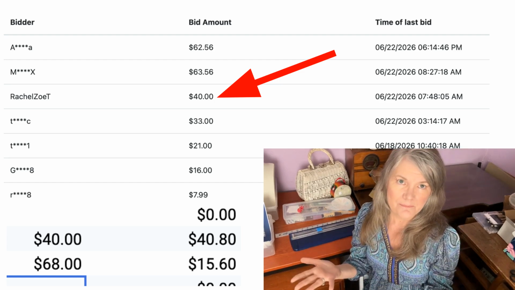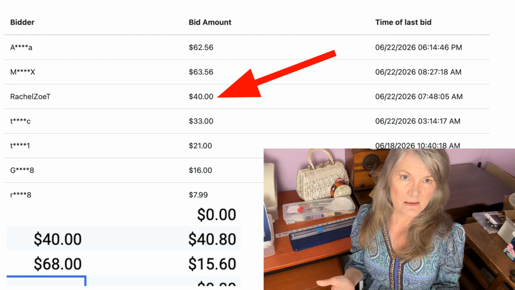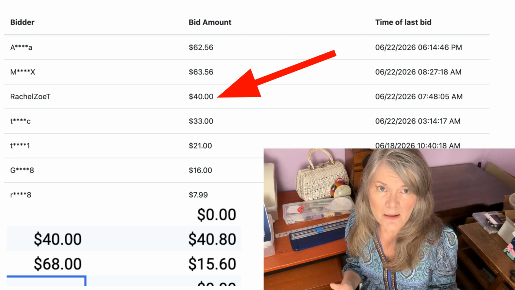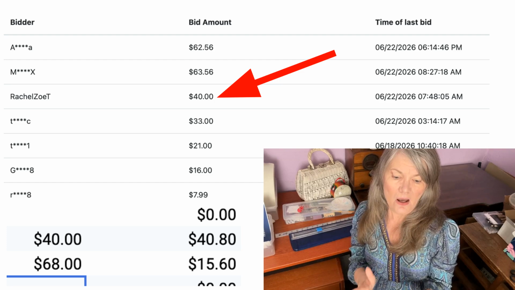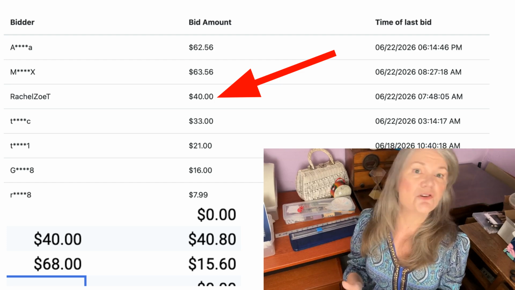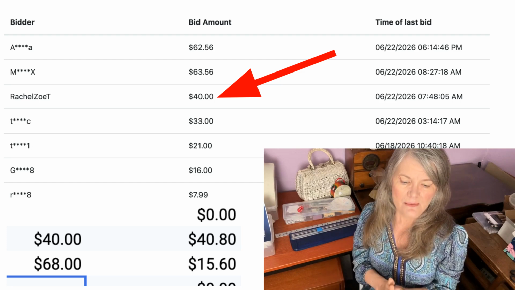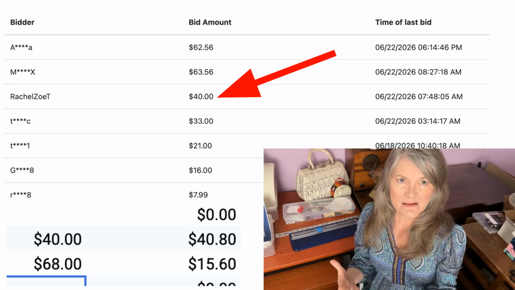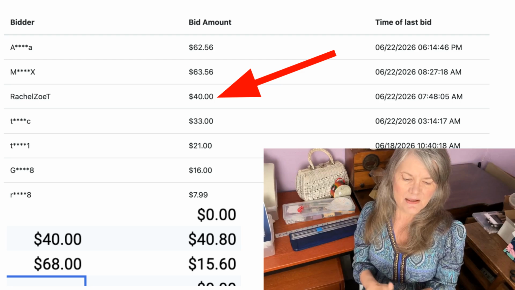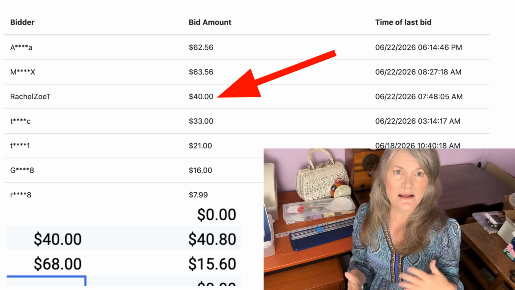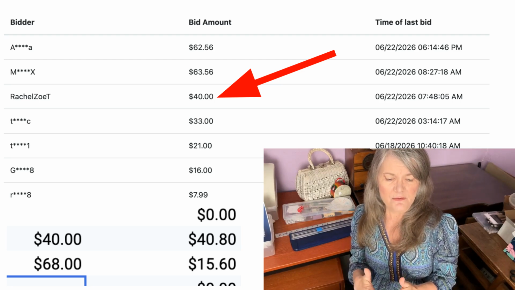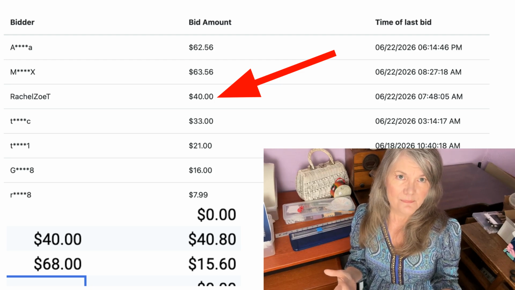At 4 p.m. maybe I'll go and take a little peek, but I am not going to jump in and change my bid. Why? Because it's very easy to get emotionally caught up in this little bidding war against people